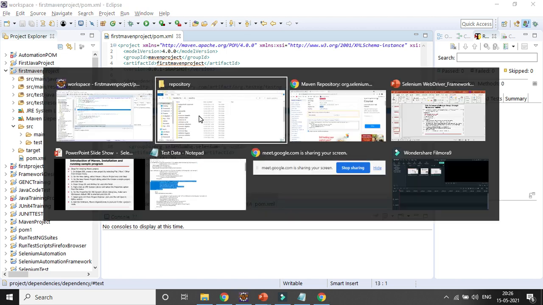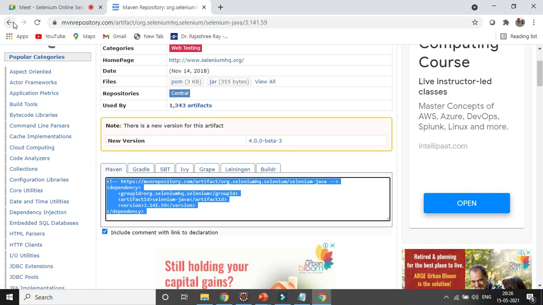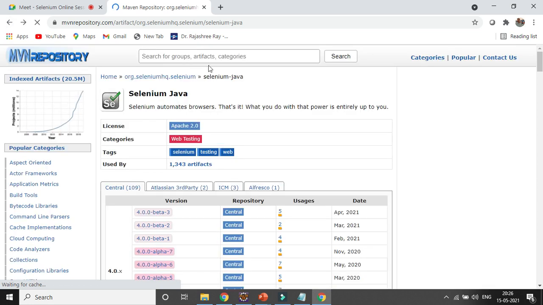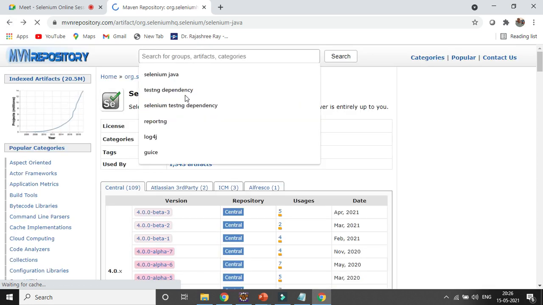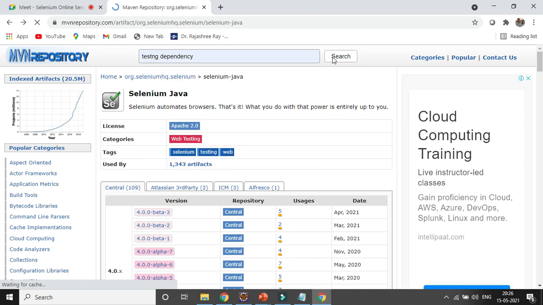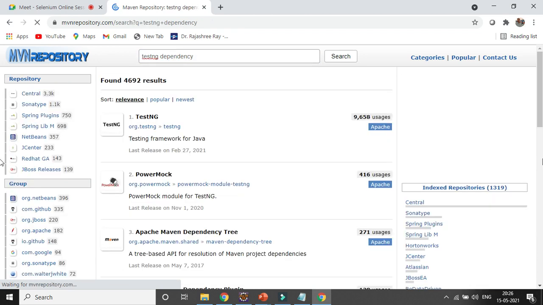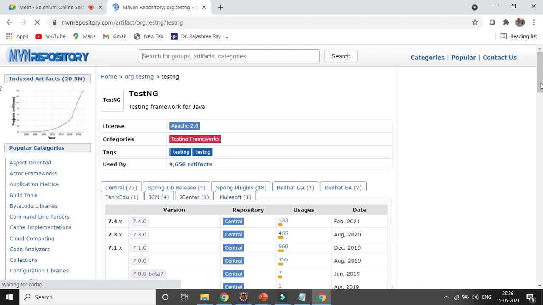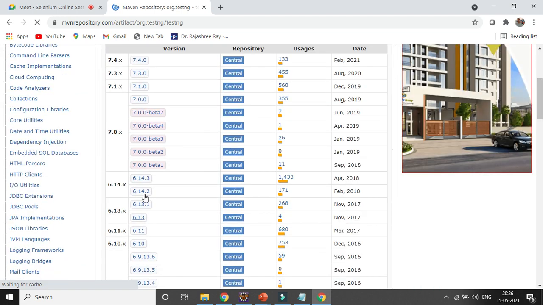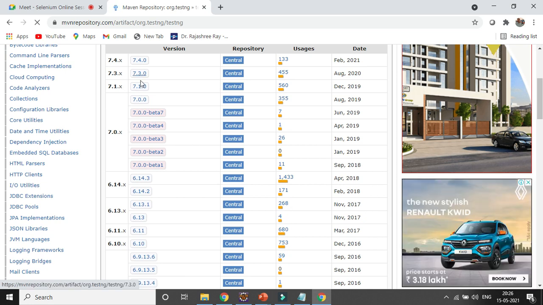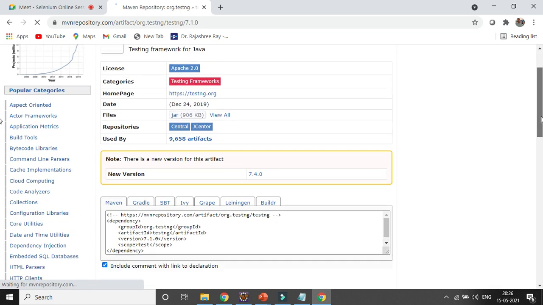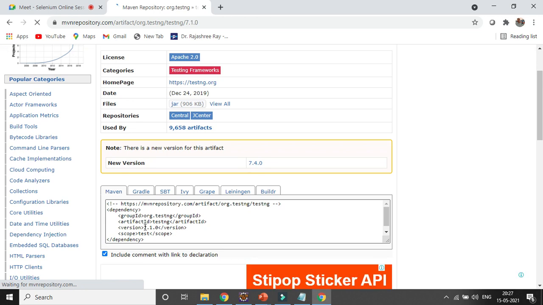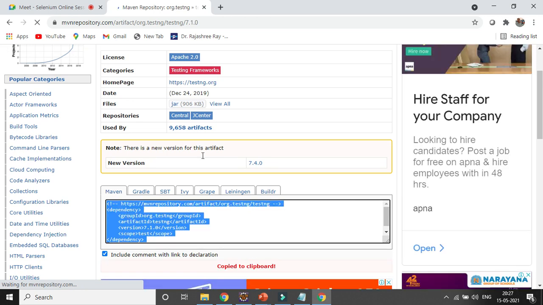But in Maven, suppose instead of 6.14.3 I want to update the TestNG dependency with another version, maybe 7.10. Then you just need to replace that version and update it. The rest of the things will be the same, just update their version. Or maybe you can update everything, for TestNG.